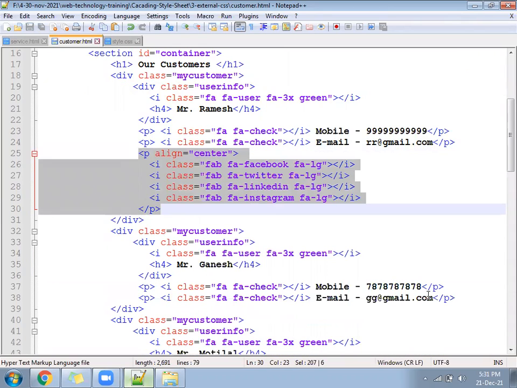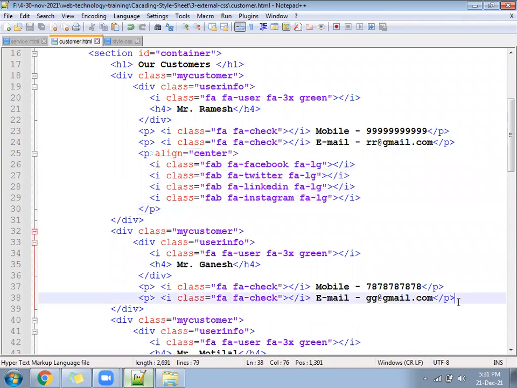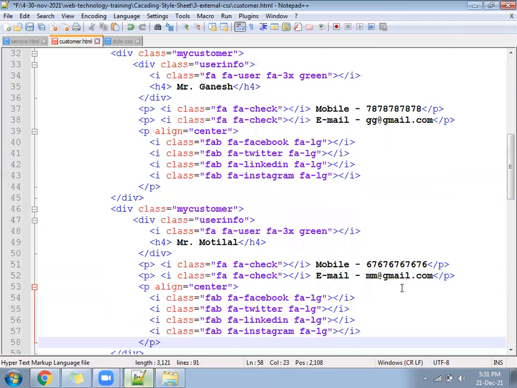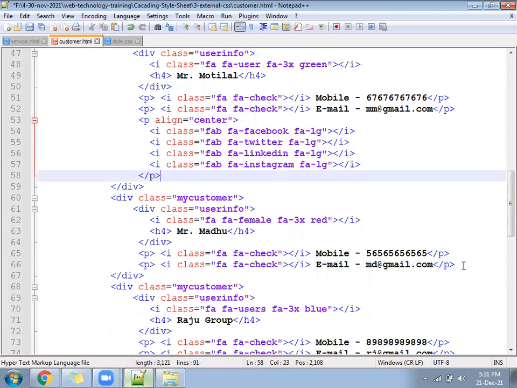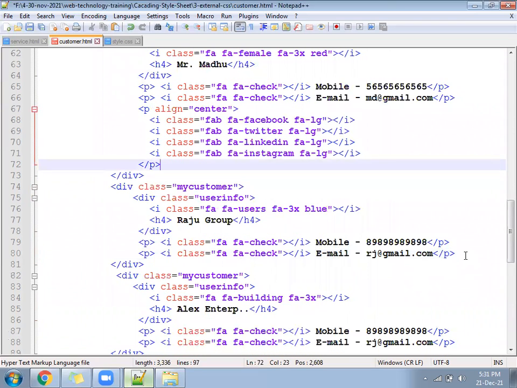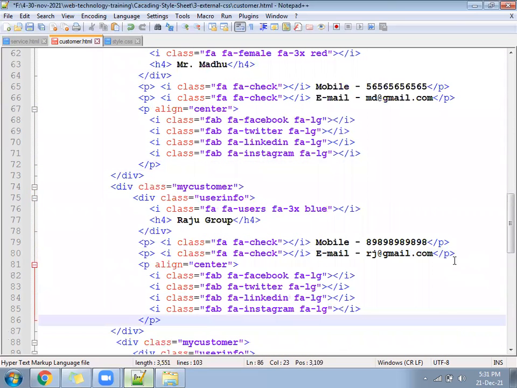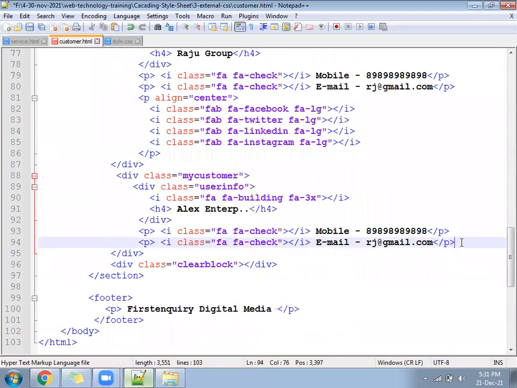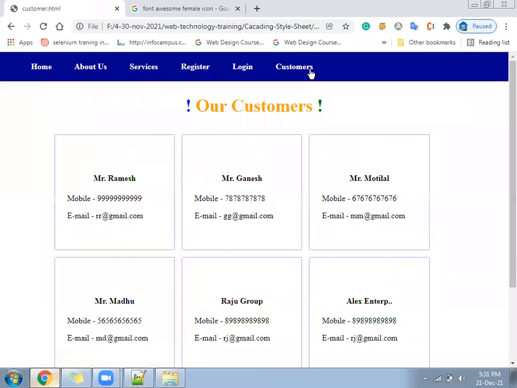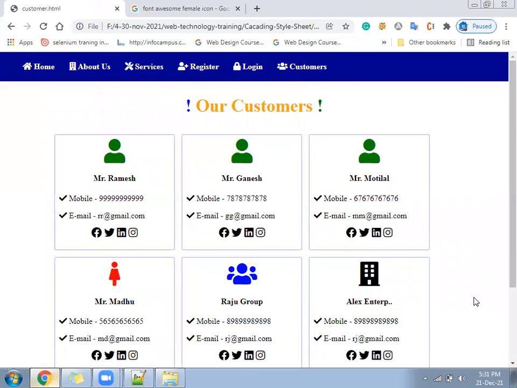In all the blocks, you can put this. Okay. Then after that, your page will look complete with all the designs.